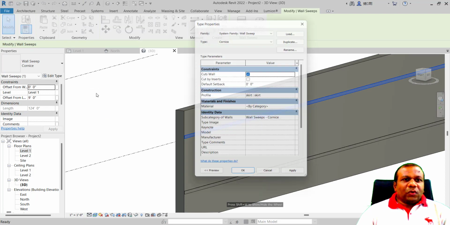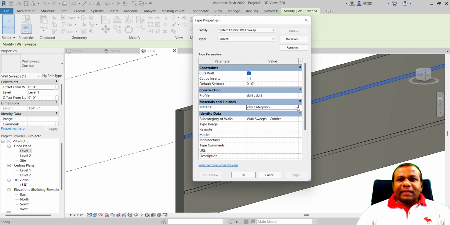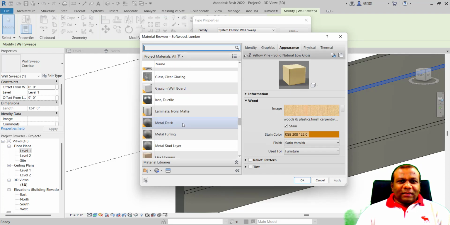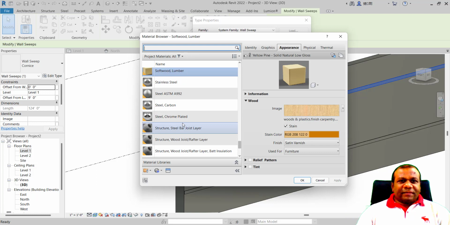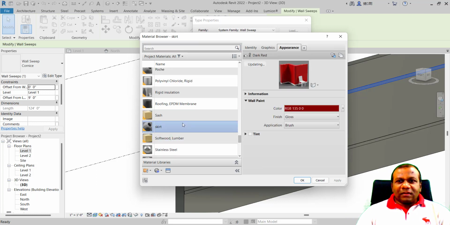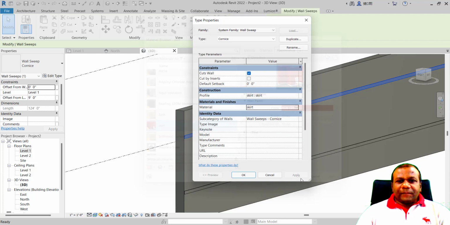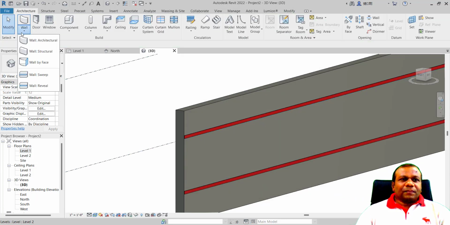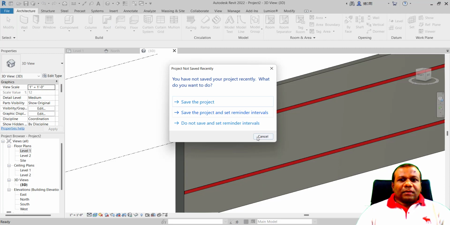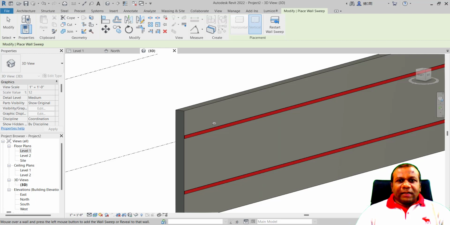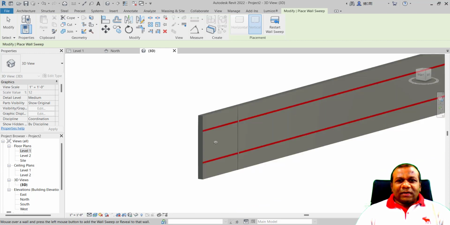Why select that one, go to edit, click the material. Here separately add the material. I think we have to create it, that won't exist here, the skirting that we have created. Here we have that one. Click that one. Press OK. Apply. Okay, here. Click wall sweep. Right. And here click vertical.